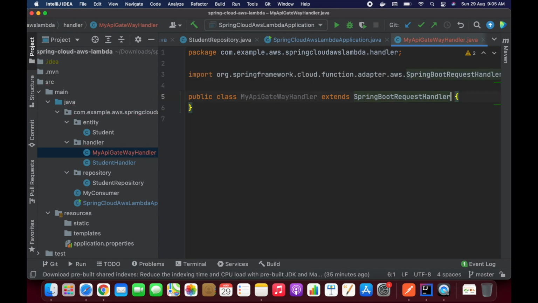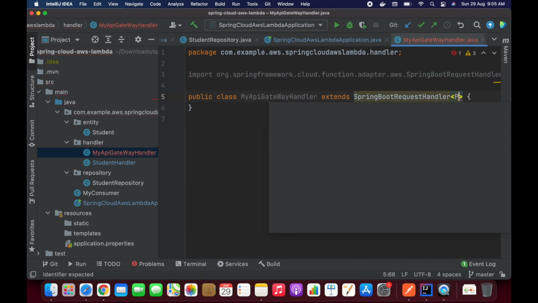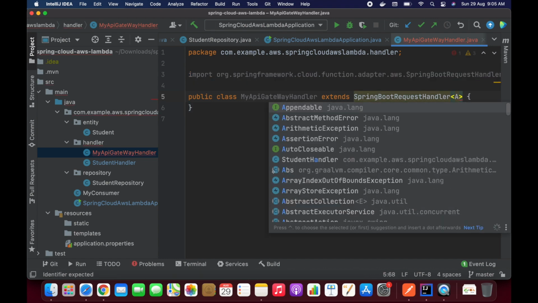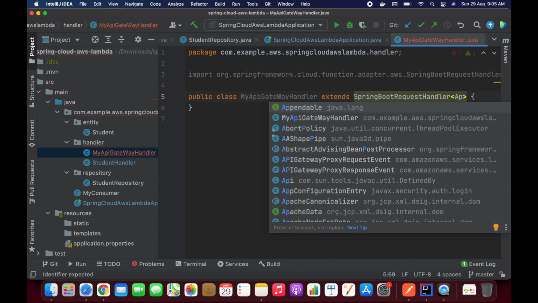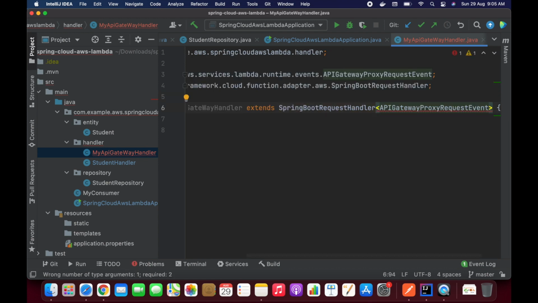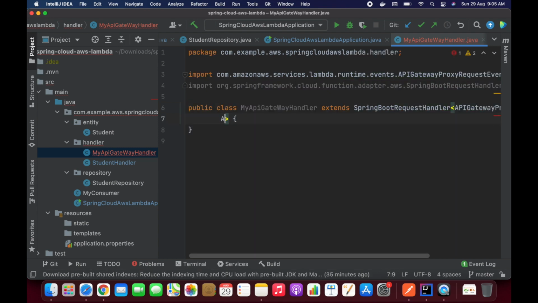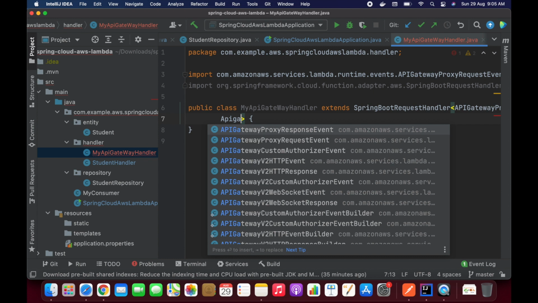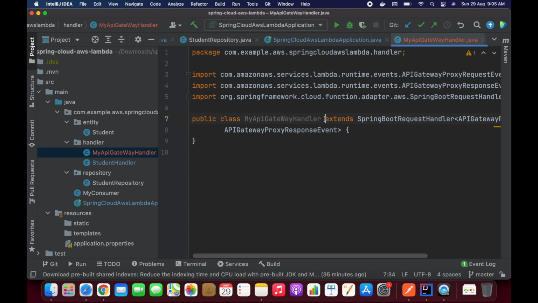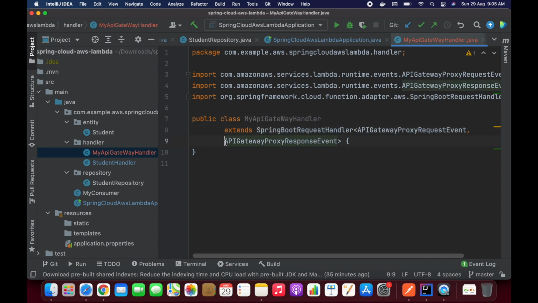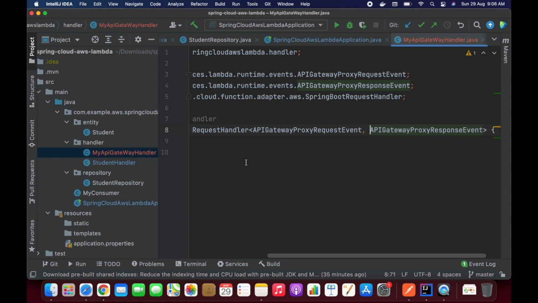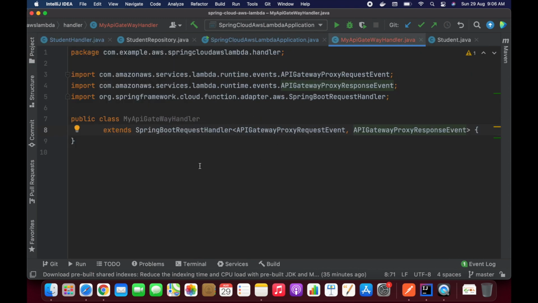Sorry guys, here we have the APIGatewayProxyRequestEvent, comma, and we have the response event as well, so let's use this. I extended SpringBootRequestHandler and provided the APIGatewayProxyRequestEvent and the response event. So this is the input and this is the output.